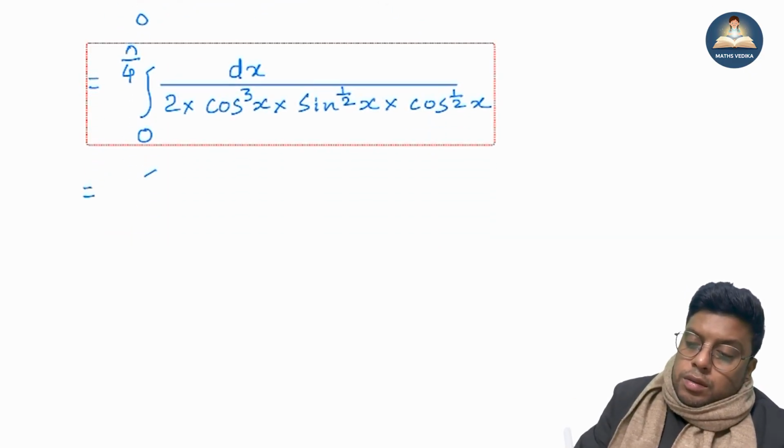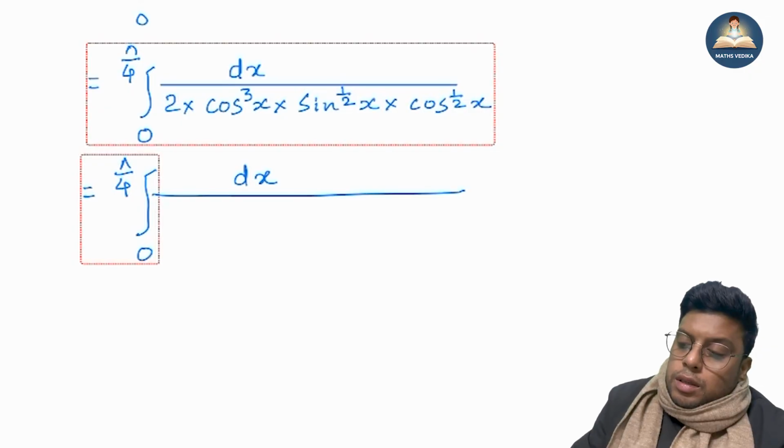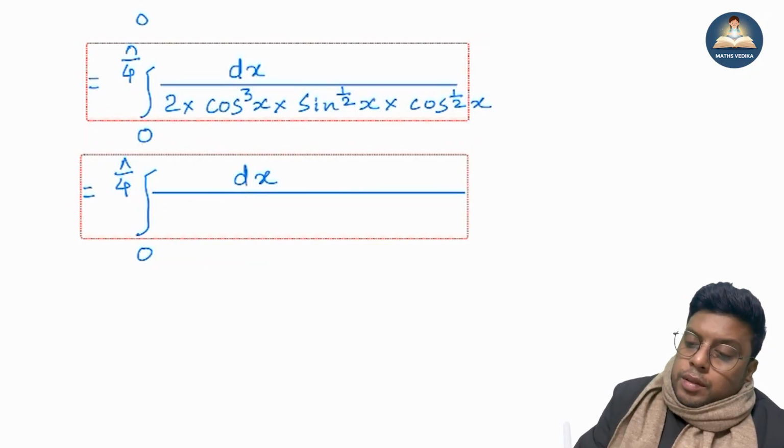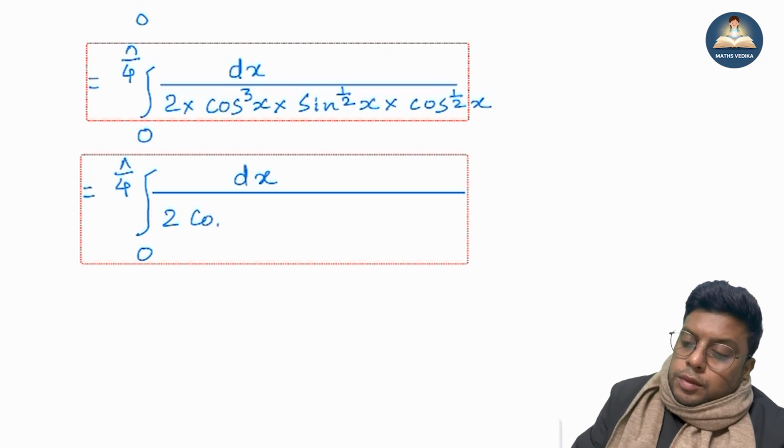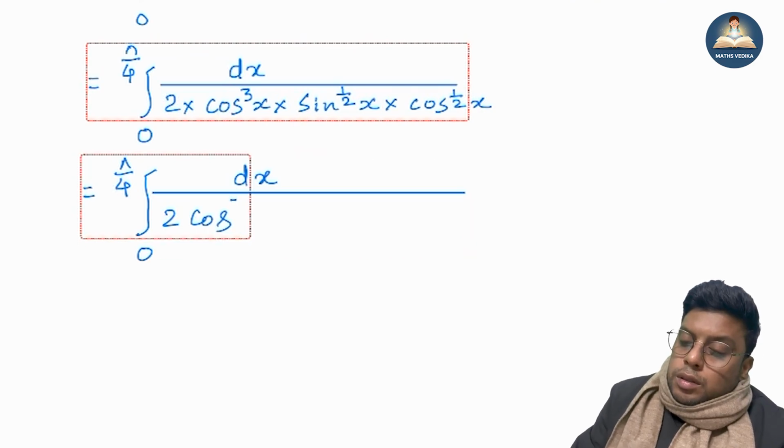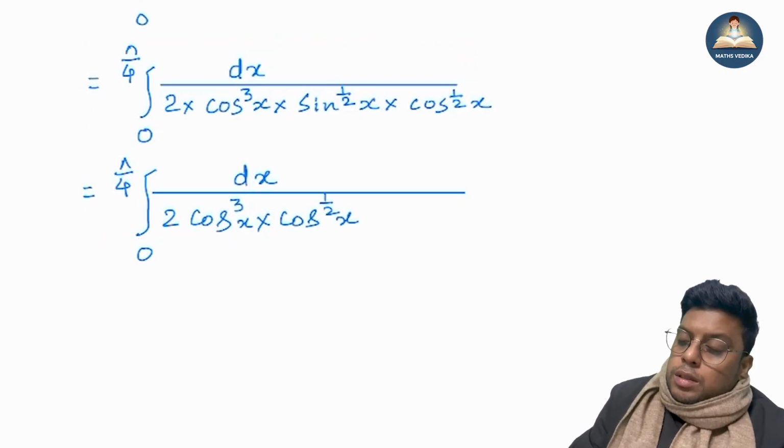Now this is equal to integration from 0 to pi by 4, dx divided by 2 into cos cube x into cos half x into sine half x,